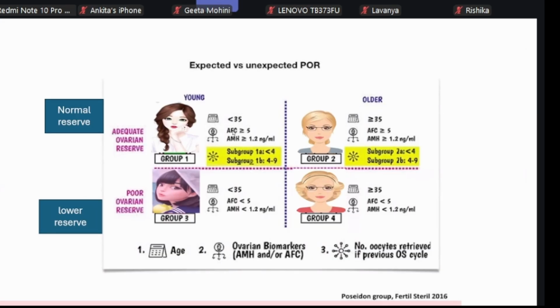So group 1 patients, these are young patients with normal reserve, but still they get a poor response. So poor response is different from poor ovarian reserve. So these Poseidon criteria are poor responders. They might have normal age, normal ovarian reserve, but still they can get a poor response. So not only patients who have less AMH and less follicles will get poor response, but sometimes patients who have normal AFC, normal AMH also might respond poorly. So this criteria includes all of them. So in group 1, age less than 35, just